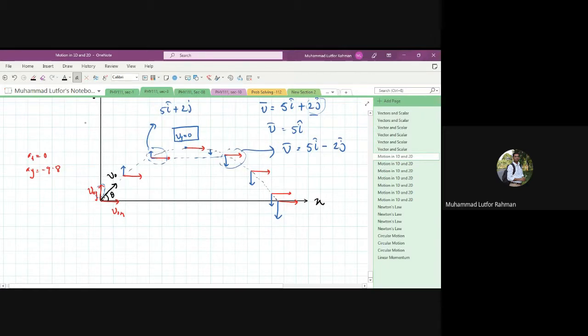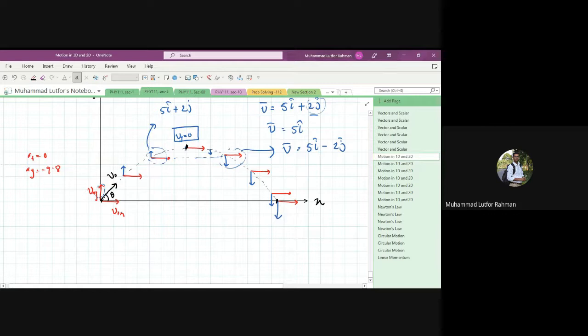And we can make some assumption also, say that whatever time it takes to reach from the bottom to the top, it will take exactly the same time to reach from the top to the bottom. It's symmetric. We are talking about the ideal case. So that's why we write. And one more thing,